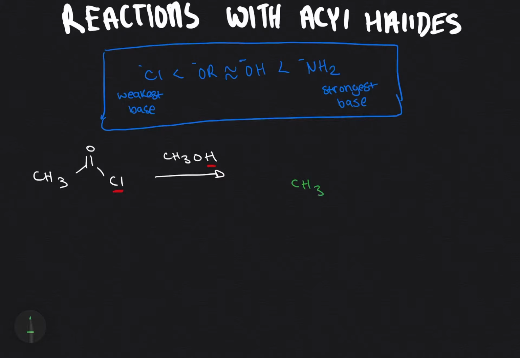We have CH3, oxygen's still going to stay there, double bonded, and we'd have OCH3. You would actually have HCl as a side product. That's this hydrogen and chlorine combining to form that on the side, and this is an ester